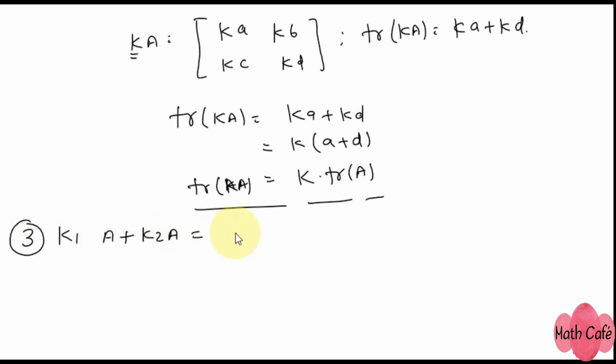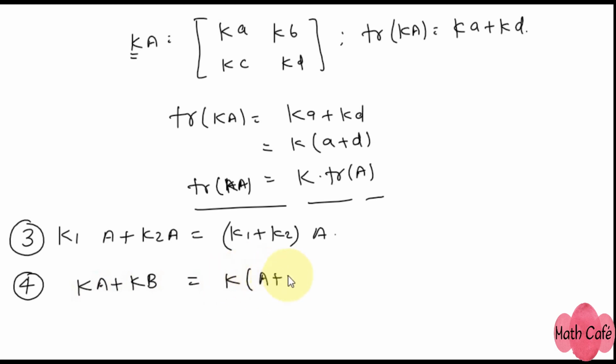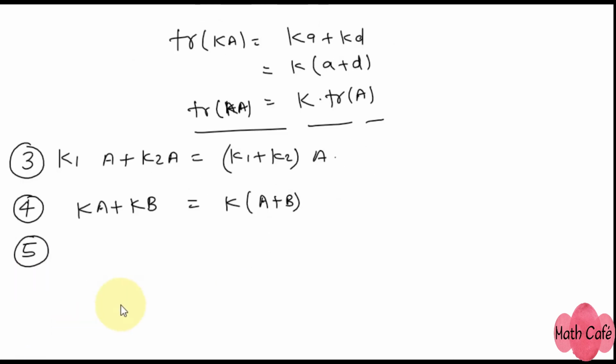If K1 is multiplied by A and K2 is multiplied by A, then that will become (K1 plus K2) multiplied by A. And the fourth property is, if KA is added to another matrix KB, then that will become K times (A plus B). Alright, and the fifth property is,